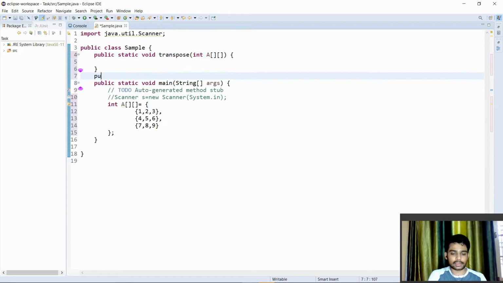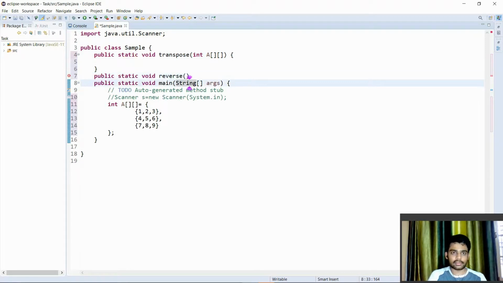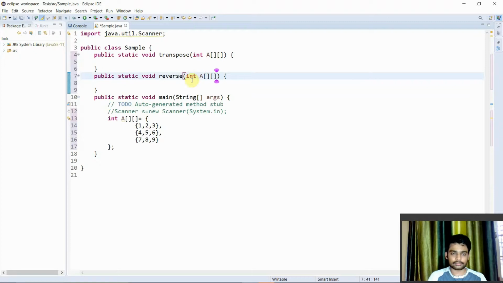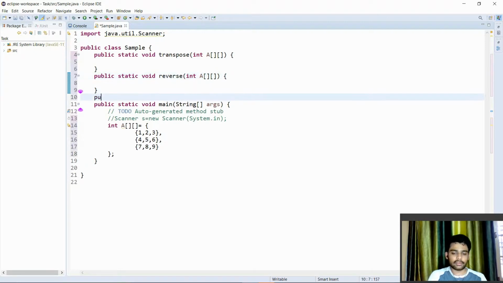After transposing, we need to do reversing also, so for the reverse function we'll also define it with the array as parameter. Finally, we'll define one more function for displaying the array, displaying the result.